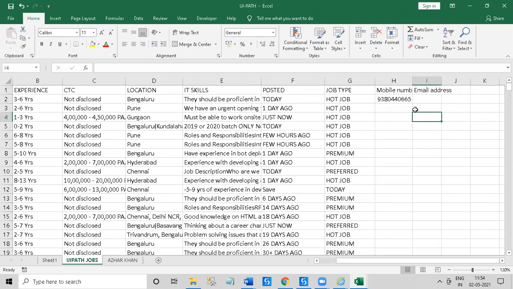So the bot is extracting all these details: email address, mobile number, IT skills, location, and everything.